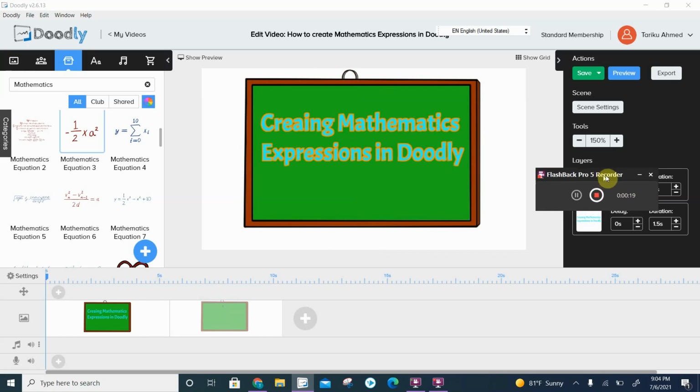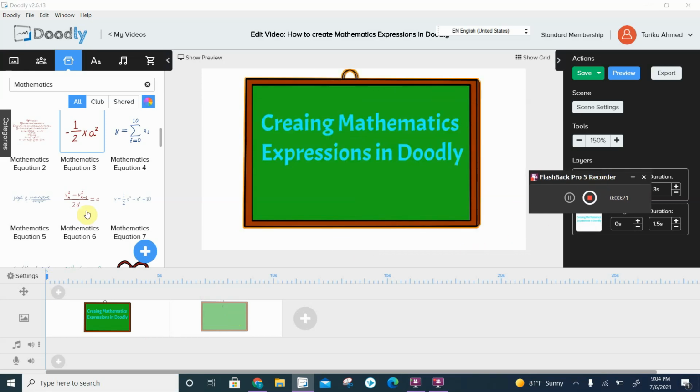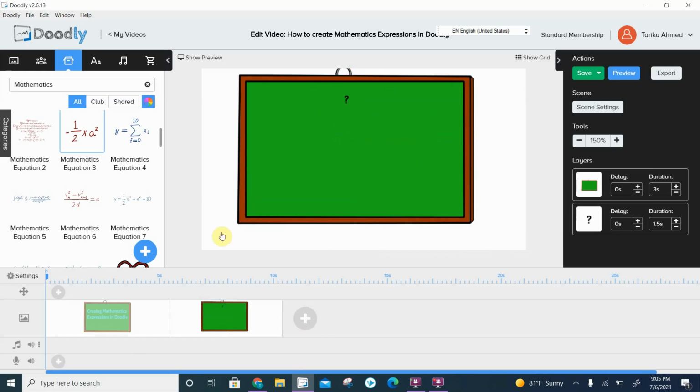Creating mathematical expression in Doodly. So how do we do it? It's simple. For example, the mathematical expressions that are here, if we want to use them,